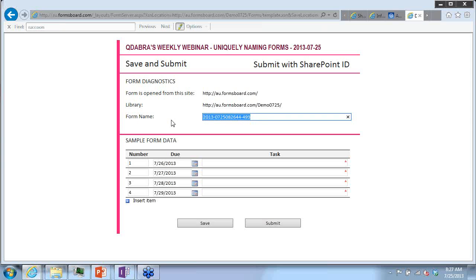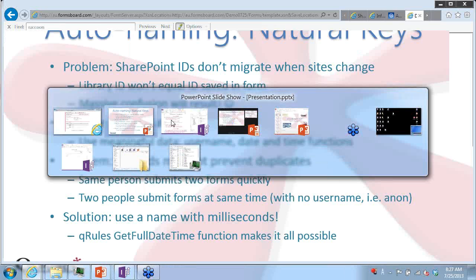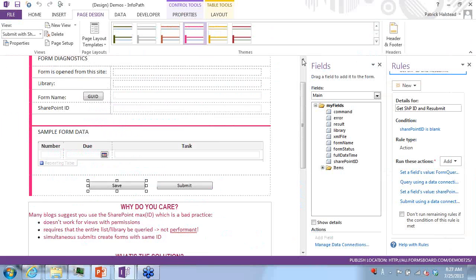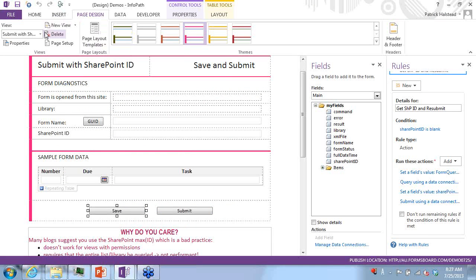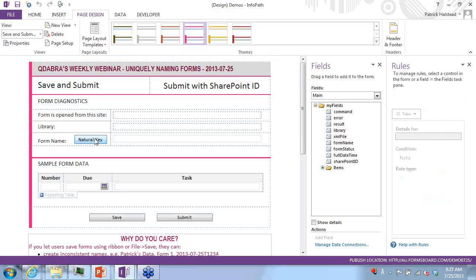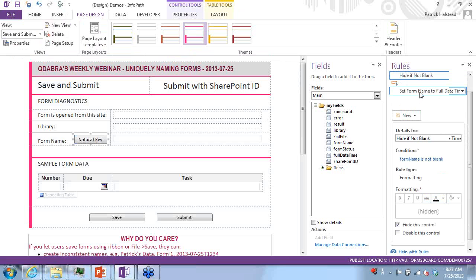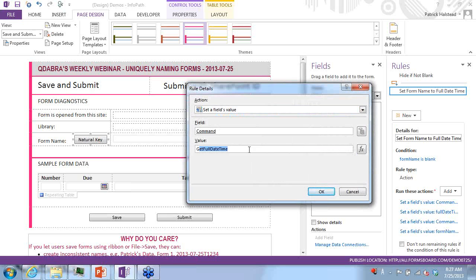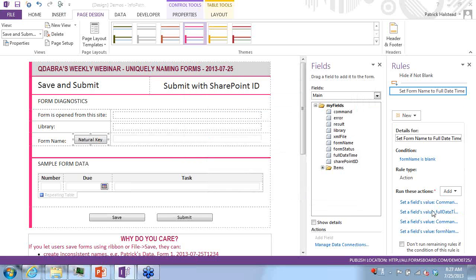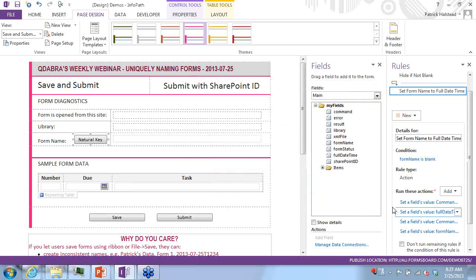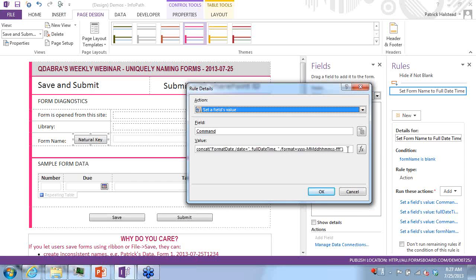Now, how do we do that? I've described this in the deck. But what we're doing here is, let's go back to the first view. So you have a button, and the button has a rule, and the rule is going to set the form's name, and we're going to use our qrules command to get the full date time. And then what we do is we set the result for that command, and we then concatenate it into a